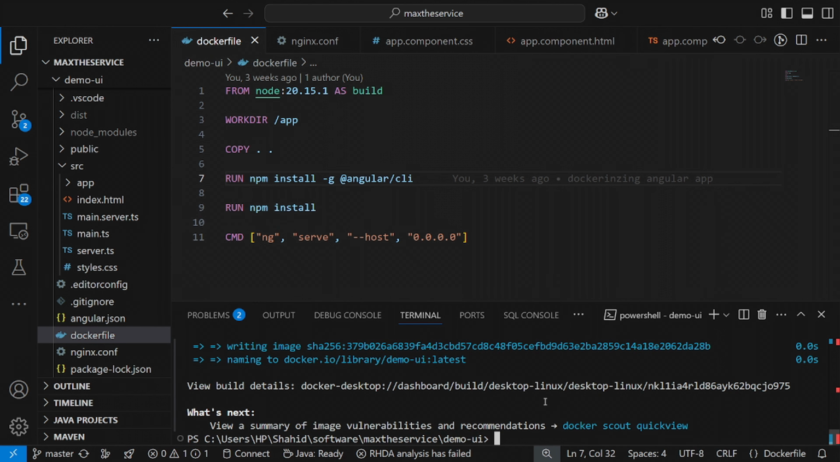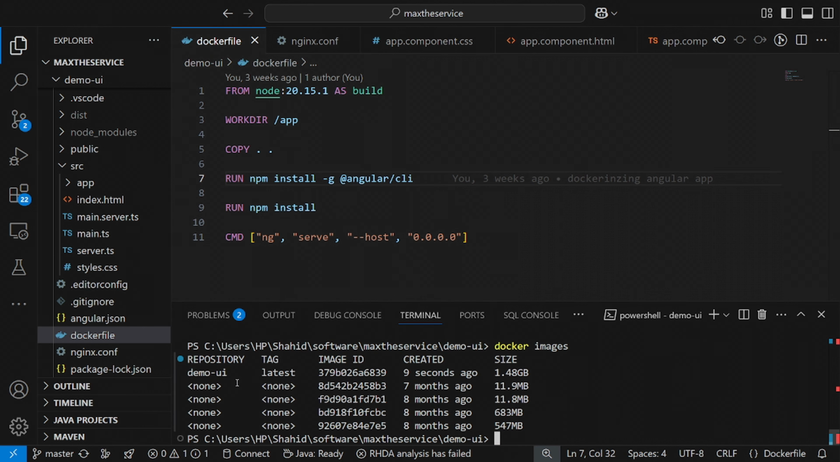Okay, so now let's check. We must have an image with demo UI, and now I have to run this image because we'll be working on running containers. So how can we run this image as a container? Here is the command where we can name this container demo container, and we can also provide the port. Guys, if I do not provide any port, we have to check whether it is working or not. So the first command is just docker run